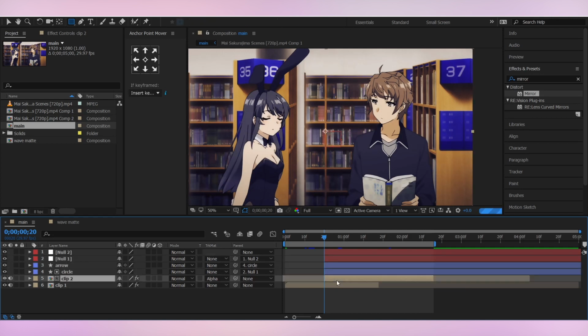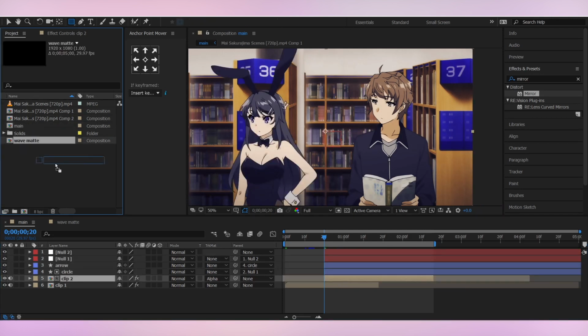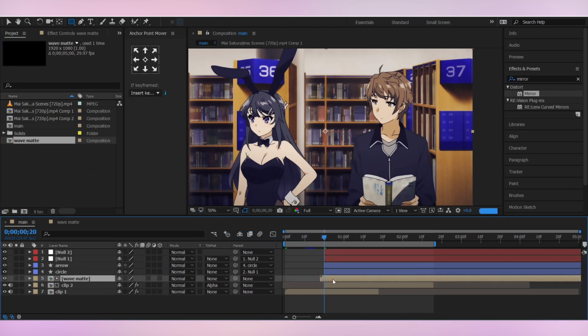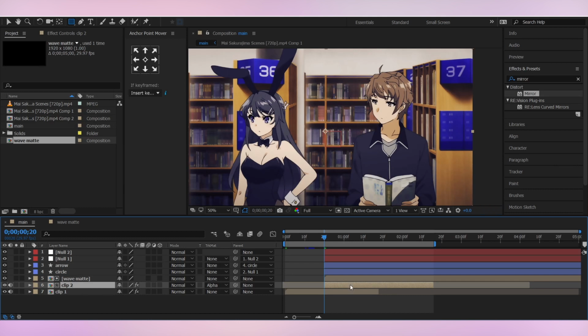Alright, then bring your wave mat as well and put it just above the clip 2 and change the track matte of the clip